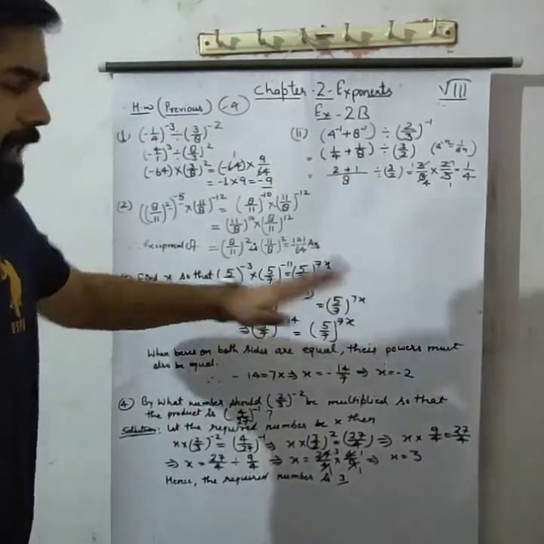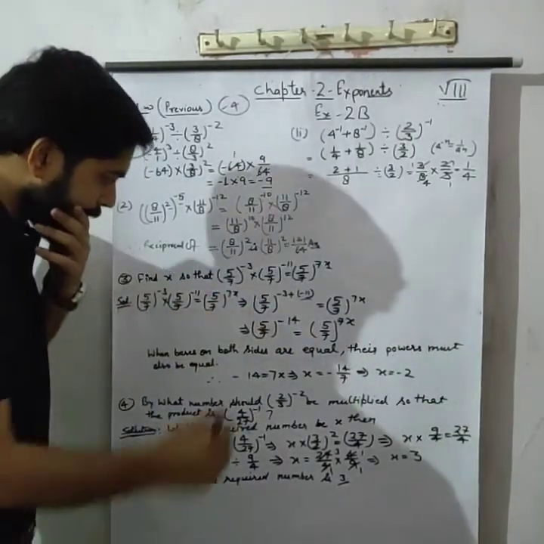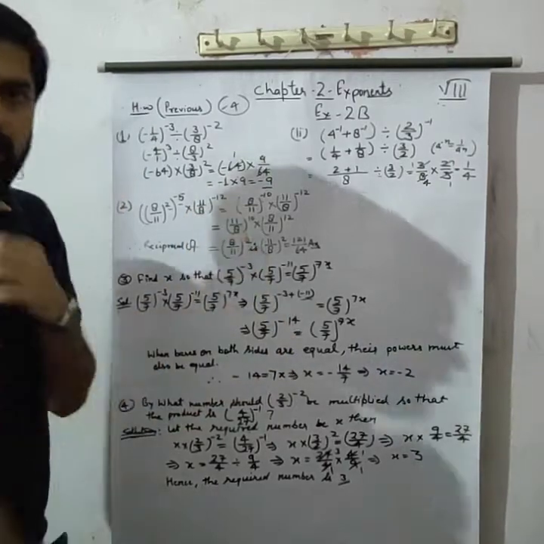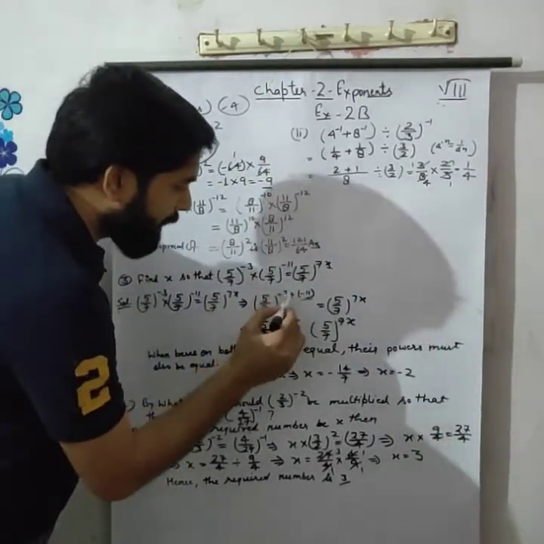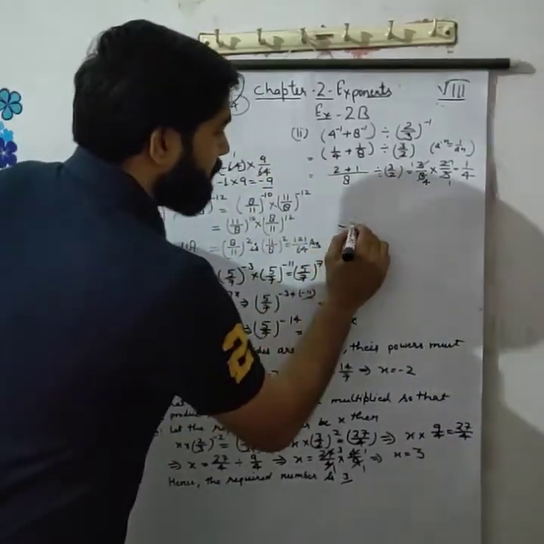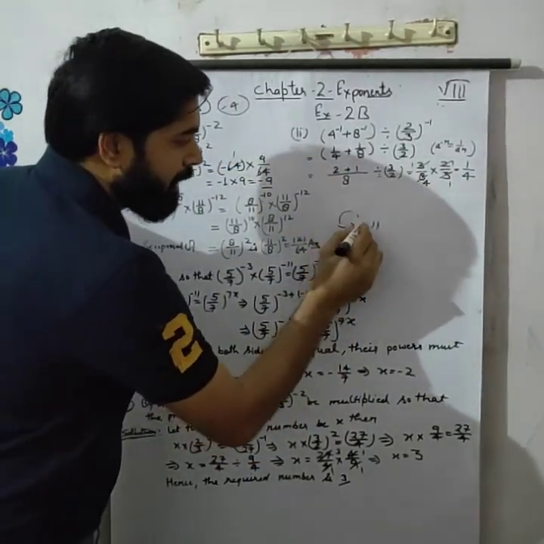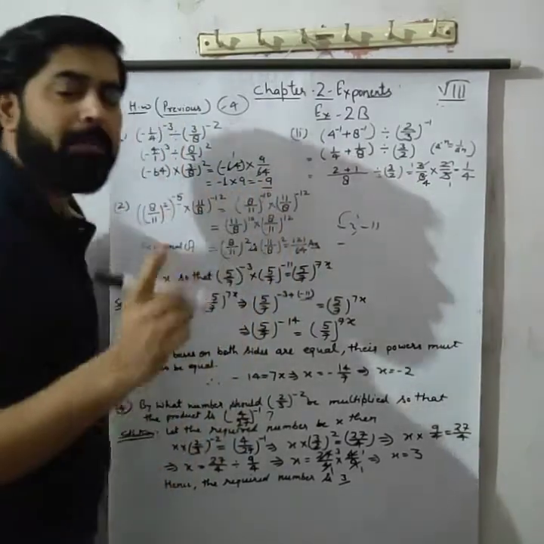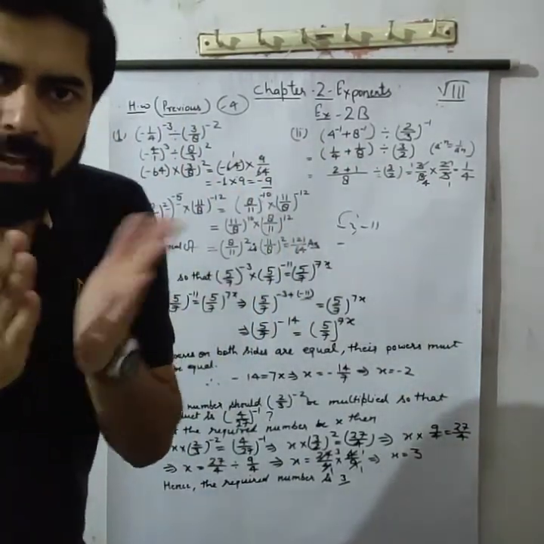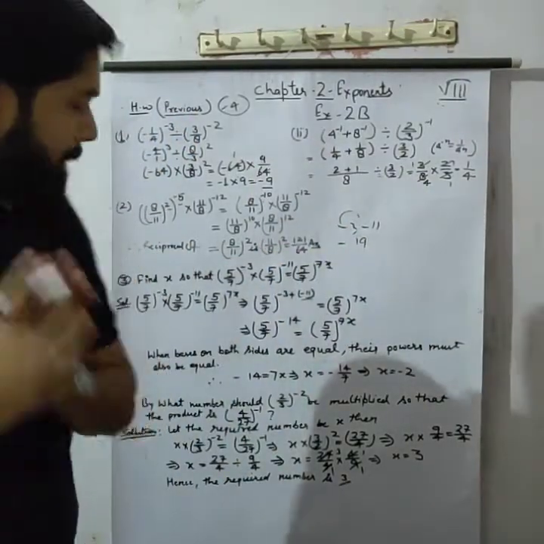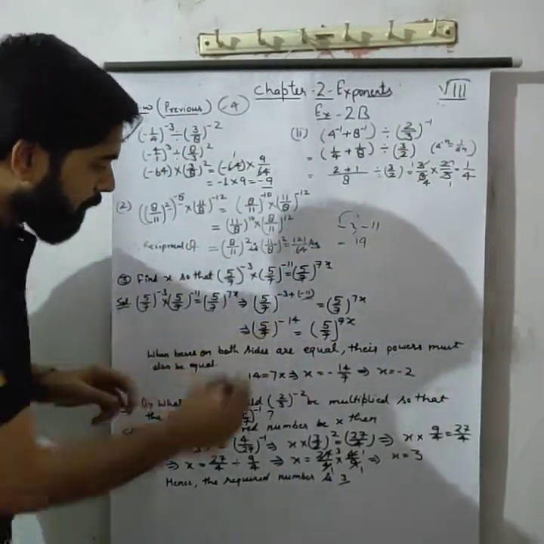7x. Keep that the same. Now 5 upon 7 raised to power minus 3 plus minus 11, plus minus minus. Then this is a minus, this is a minus. Both are the same sign. Same sign means add. You add both numbers, 11 and 3, making 14, but the sign will be the same. Then minus 14. And look here.